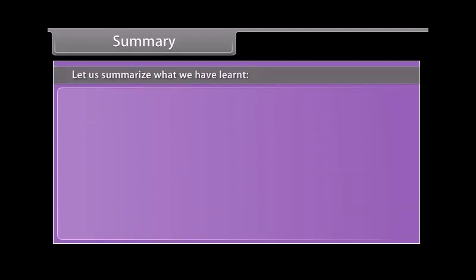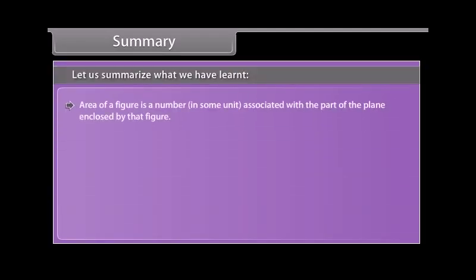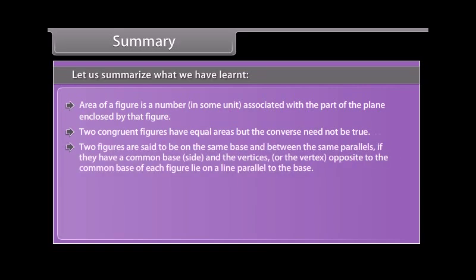Summary. Let us summarize what we have learned. Area of a figure is a number in some unit associated with the part of the plane enclosed by that figure. Two congruent figures have equal areas, but the converse need not be true. Two figures are said to be on the same base and between the same parallels if they have a common base,